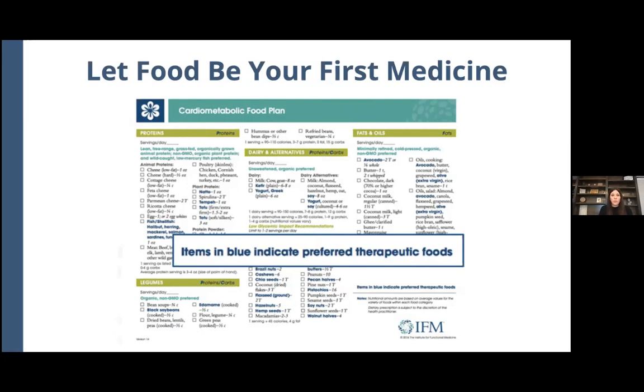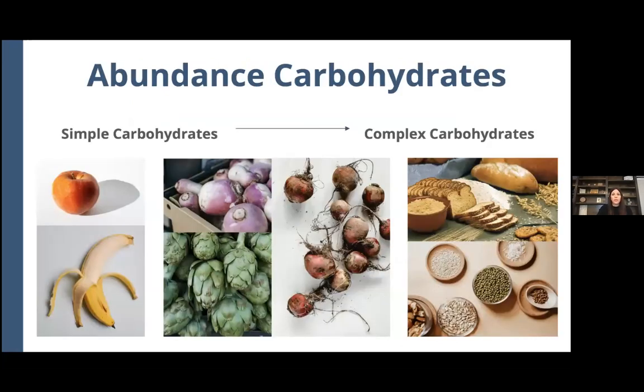Other examples of therapeutic foods are things like walnuts, chia seeds, ground flax seeds, avocados, and edamame. So these are in oily fishes that have a lot of omega. So these are all things that are part of the cardiometabolic food plan that we often like to recommend people follow, because they help support the body's healthy functioning and really work on giving you an abundance of those healthy carbs. What we recommend within that is to